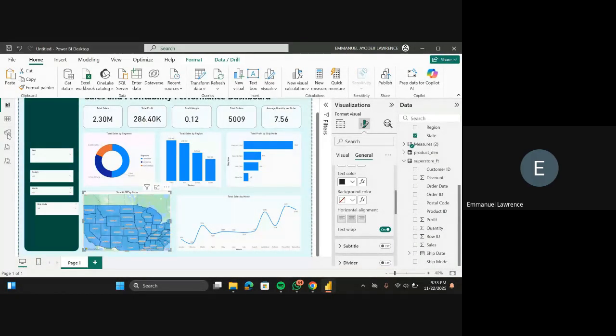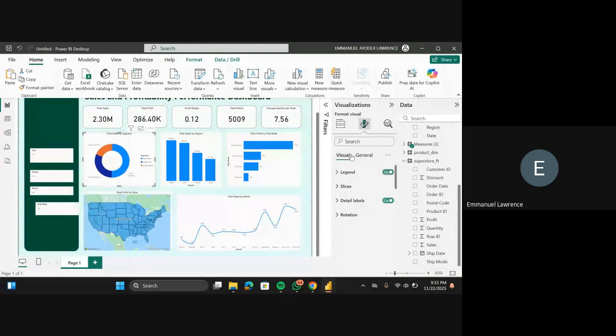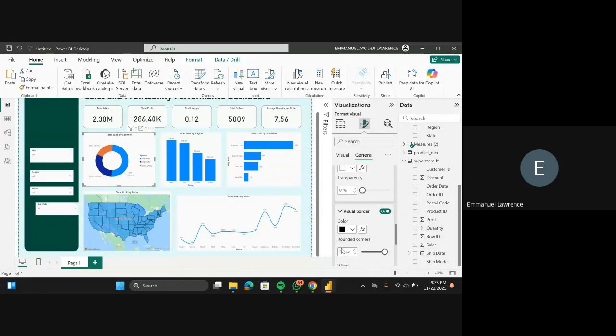Also, since we padded these KPIs, these card visuals, we also have to pad this one and give it a padding of 25 pixel. The same way we give the KPIs. I call it rounded corner about 25. Right? Come here also and check it. So call it rounded corner about 25.